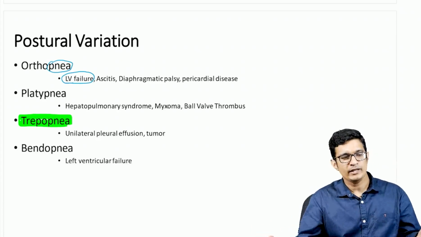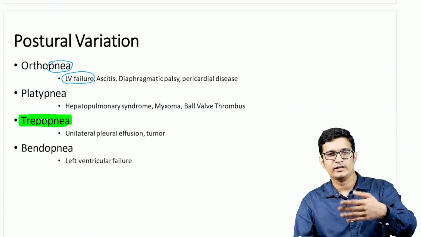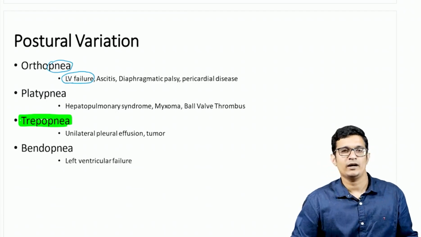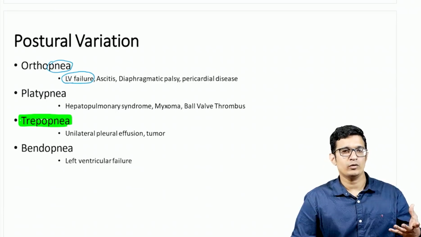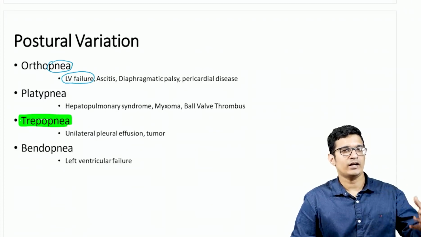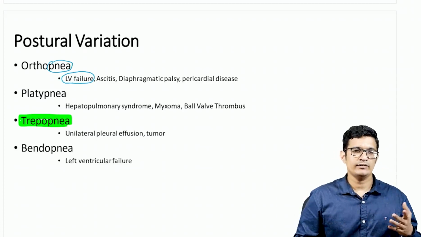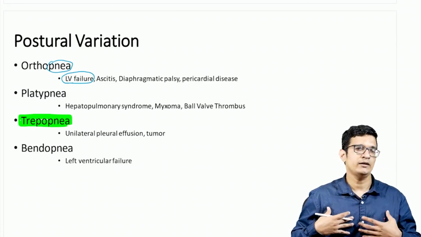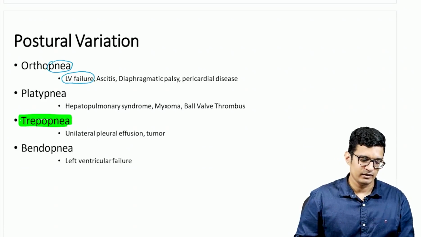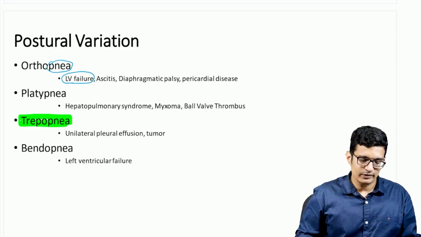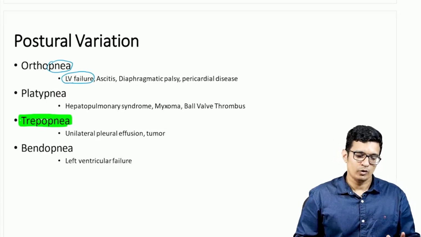When somebody lies supine, the venous return from the lower limb will increase. So whenever there is an increase in venous return, there is going to be more blood in the heart. And a failed left ventricle might not be able to increase the stroke volume, and it will not be able to increase the cardiac output. So all this extra blood and all this kind of fluid is going to get congested into the lung, causing pulmonary edema, leading to worsening of breathlessness. So orthopnea is a classical feature of left ventricular failure, but you should also understand that orthopnea could be a feature of obesity as well.